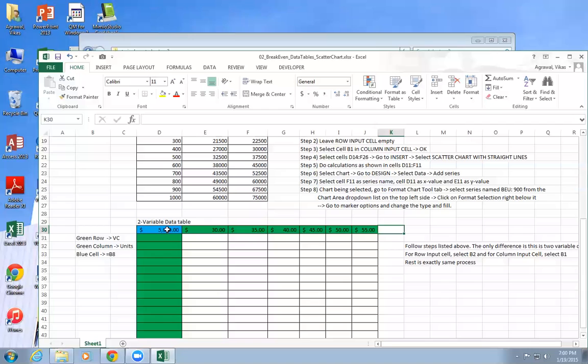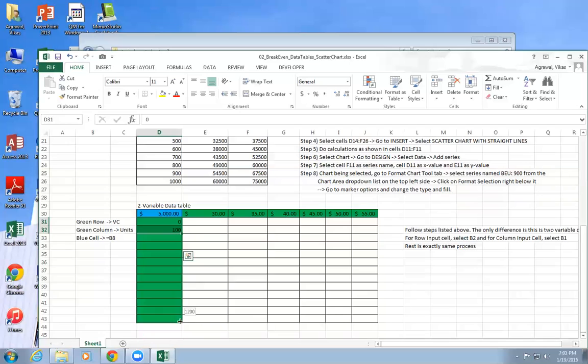But these are being used by this formula here. And here the quantity we're going to say 0, 100, and can I just create a series of this? Yes, I can select those two and just go down, right? So I'm varying my quantity from 0 to 1200.